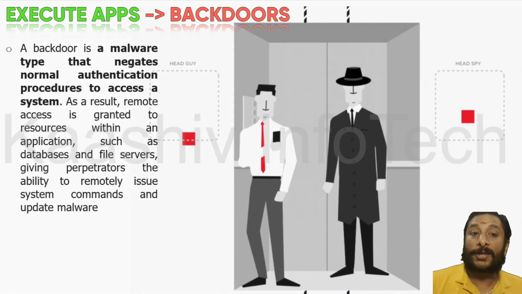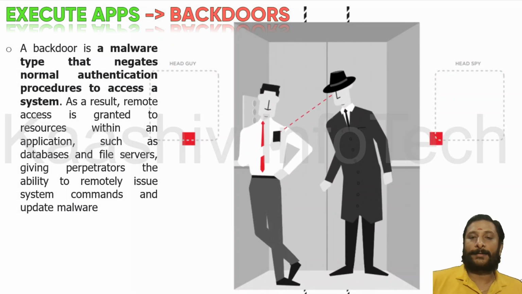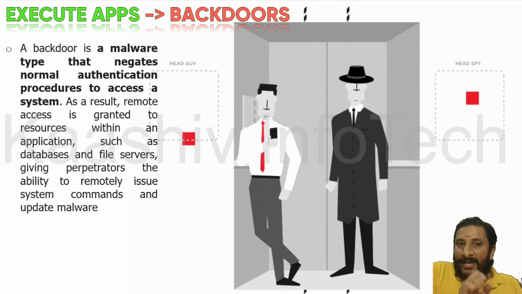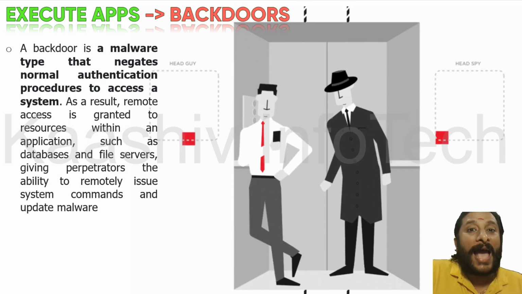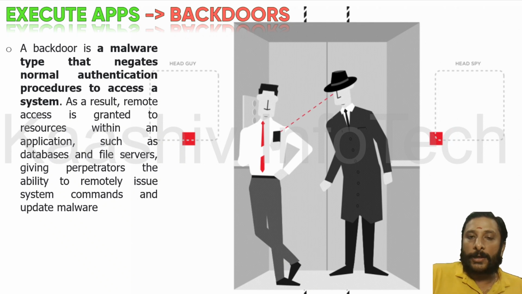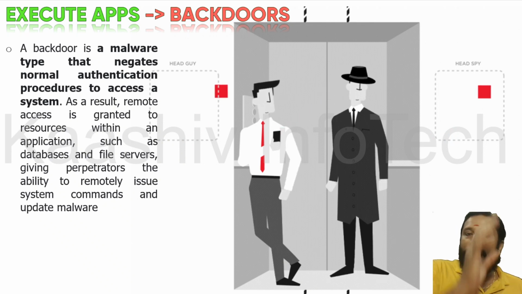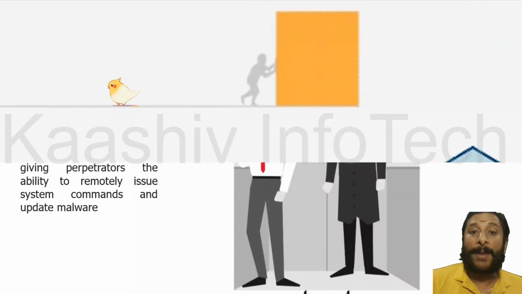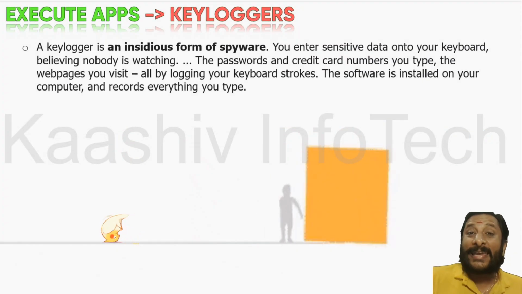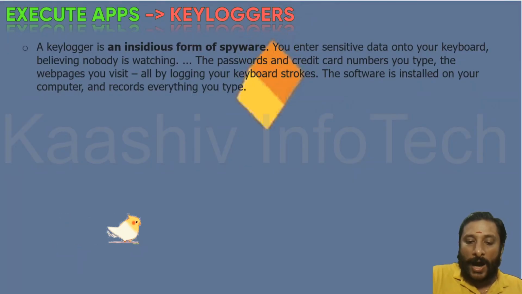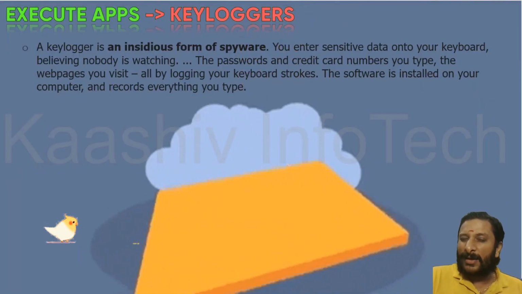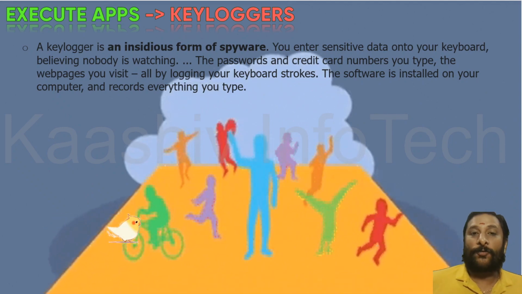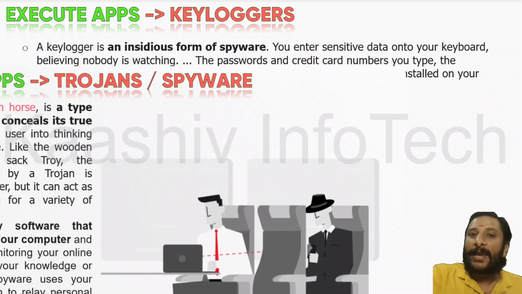Executing the apps means using a backdoor attack. The software will be sitting back and will try to get activated to execute the apps. So without the knowledge of the people, via the backdoor, the app will get executed. That is your backdoor attack. Or it can be using keyloggers. Whatever you are typing, it will monitor the keyboard and get you the password. That is called a keylogger. Whatever keystrokes you are typing, it will try to grab it.